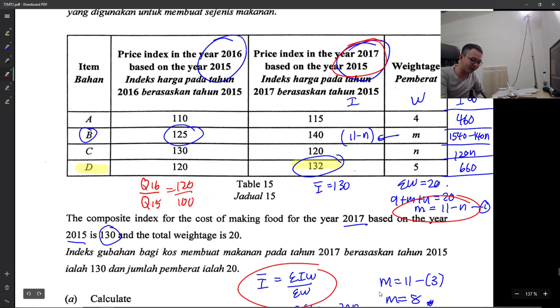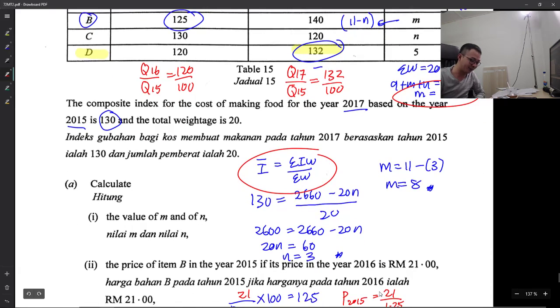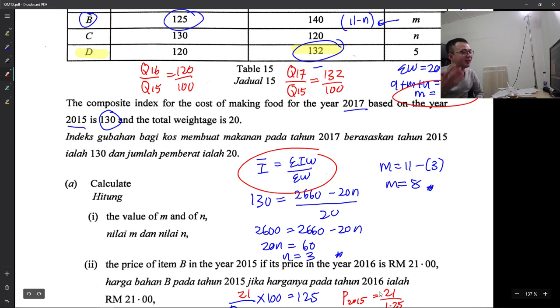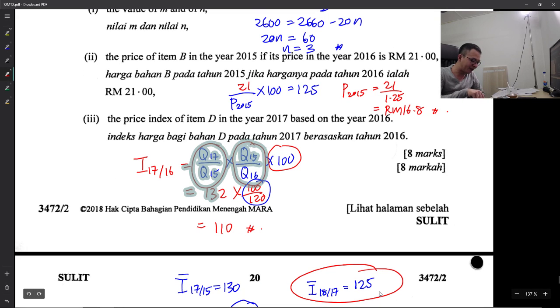If you see 17 and 15, 15 is the base year. So for item D, Q17 over Q15 equals 132 over 100. You must be able to write this. This one is actually coming from your index formula. Now if I want the 17 and 16,